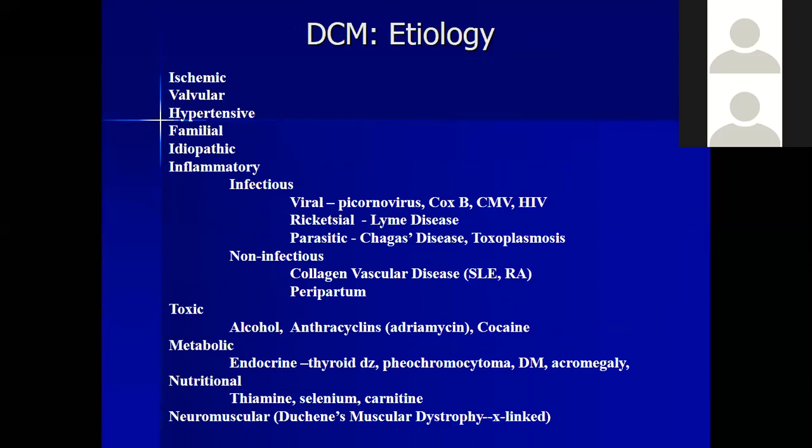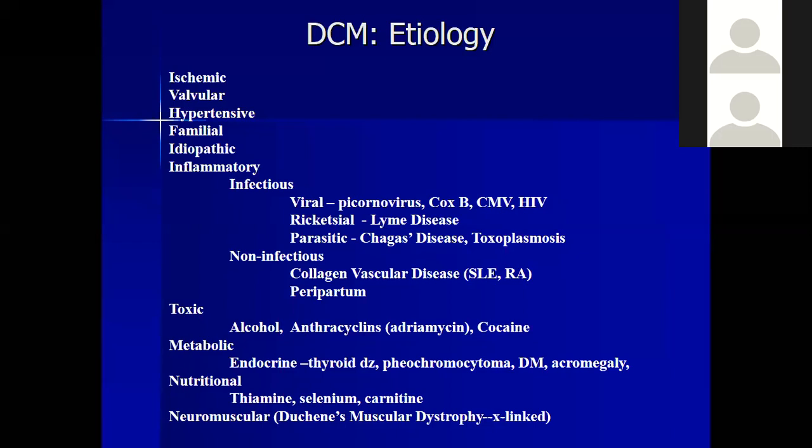It can have an infectious etiology, it could be viral infection. Most common viral are Coxsackie B and CMV, and parasitic infection. Those people who are living in tropical areas where Chagas disease and toxoplasmosis are more common. Non-infectious etiology can be systemic lupus erythematosus, rheumatoid arthritis, peripartum. Toxic can be drugs when you have chemotherapy for any cancers like anthracycline, doxorubicin, and could be alcohol